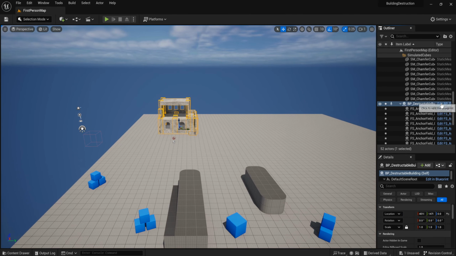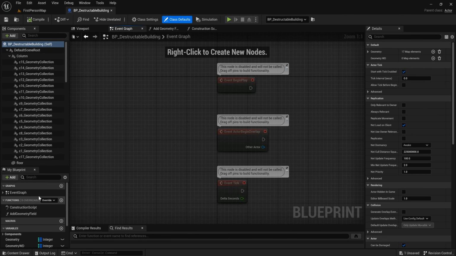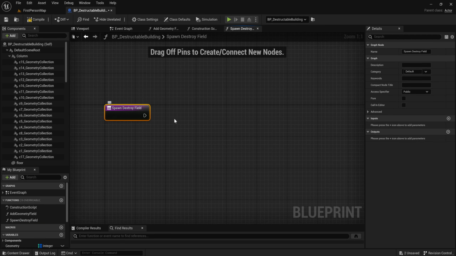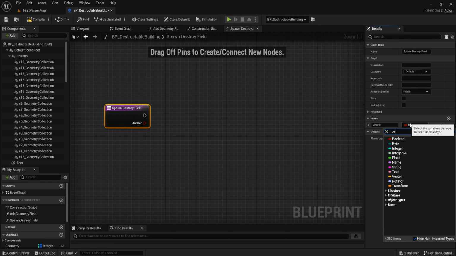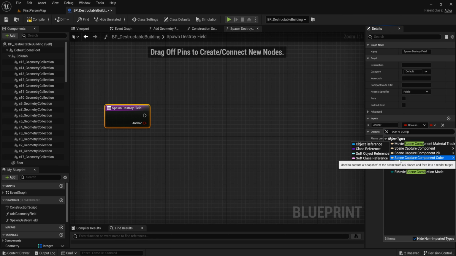Now go to BP destructible building, to event, and we need to add a function. The function name is found destroy field, and we add input. The variable name is anchor, and variable type is scene component object reference,